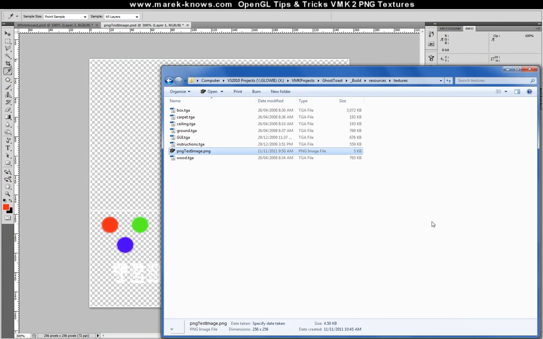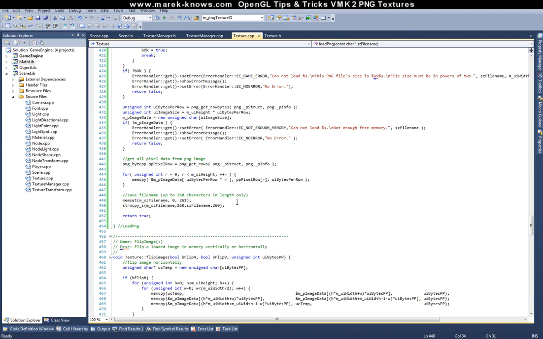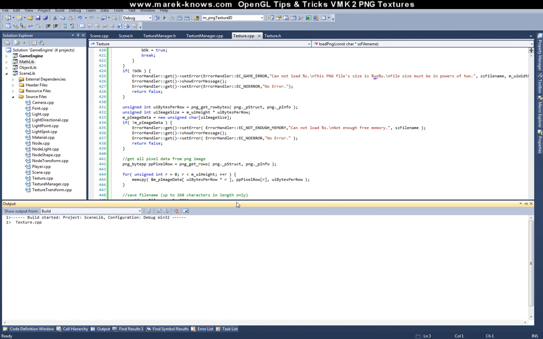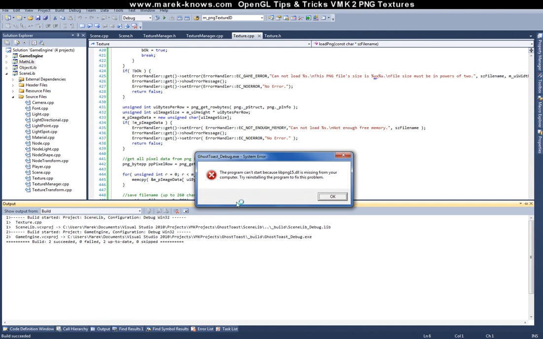Okay, so we have everything set up. Let's go and try to run our code to see what happens. Oh, wait a minute. I've actually forgot something. If we do run this right now, you'll see that it should build and start. Well, okay, there's a few bugs here. It's saying here it can't start the program because it can't find